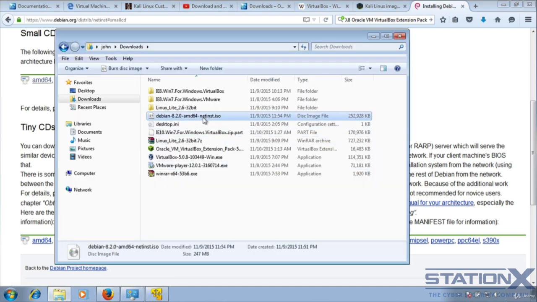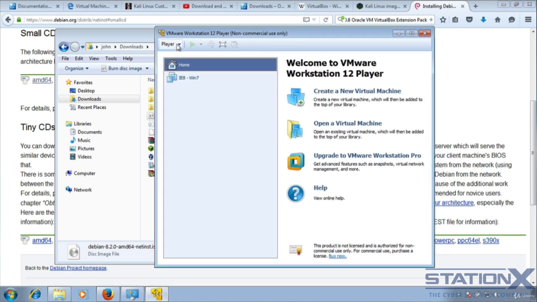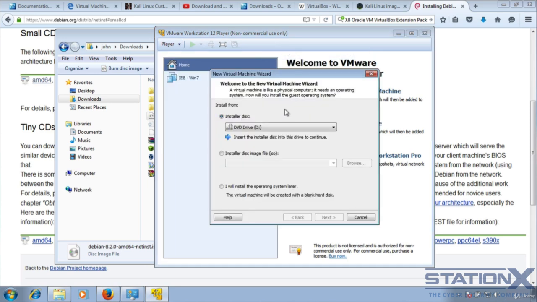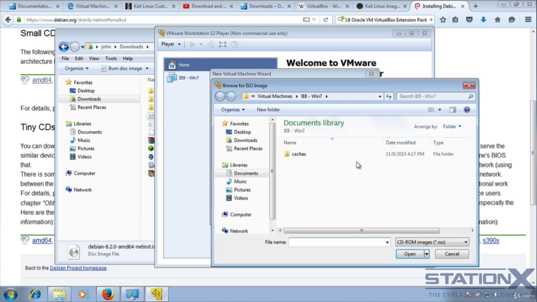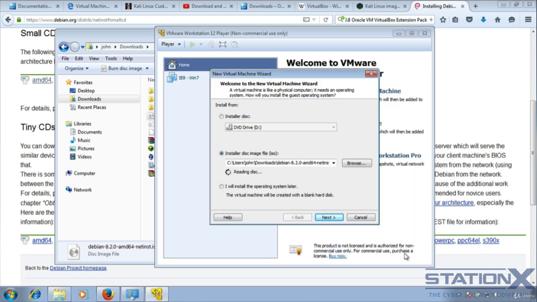I end up with this ISO image, and then I want to click on here, File, New Virtual Machine, and if I have a physical disk, then I want to put it in the drive and make sure that this virtual machine can access it, or I can go with the ISO image, which is the more common option. So if I browse here onto my downloads, there's the ISO image, open that, then click next,